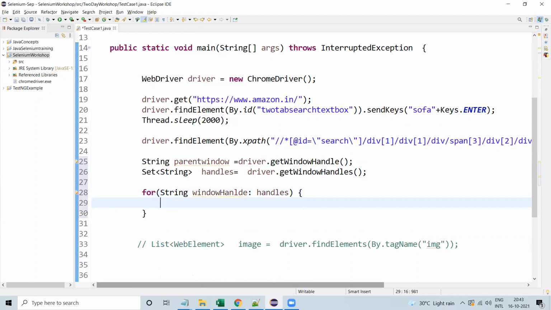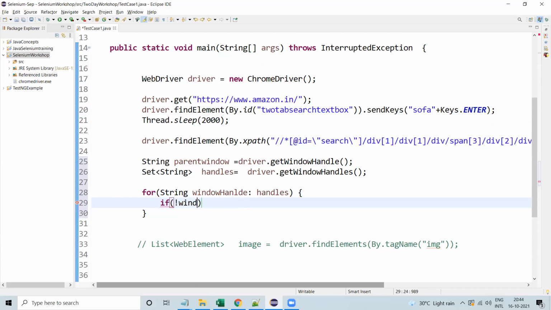Then we need to check an if condition. Suppose I want to know if the window handle is the parent window. If it is the parent window, then I just want to switch to the other window, the new window.